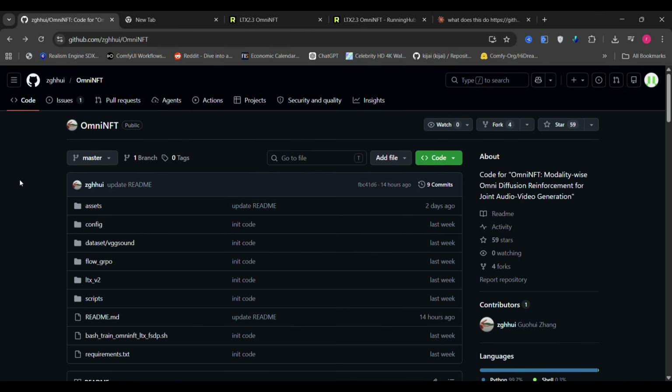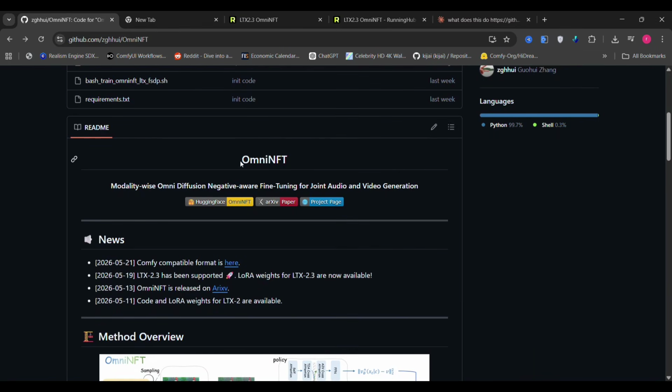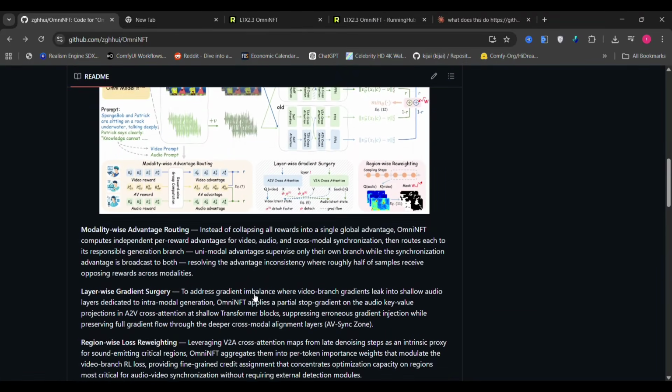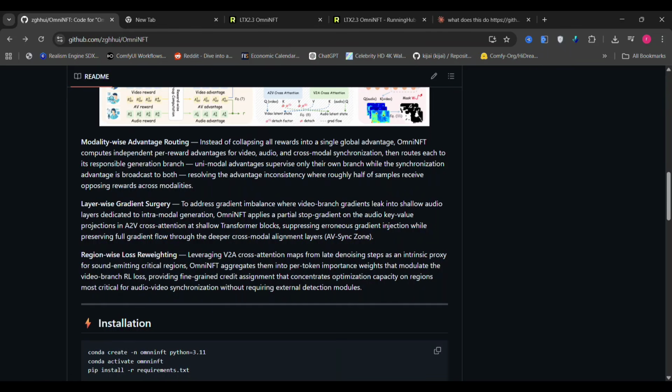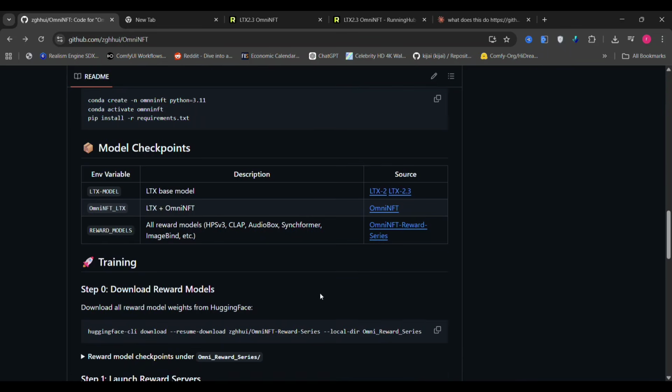So this is the OmniNFT GitHub page. Over here you can find the full code, the research paper, and a breakdown of everything it does in depth. You can also find the installation instructions and Comfy UI compatibility information all in one place. Now Kijai has already packaged the LoRA weights for LTX 2.3, so you do not need to do any manual merging yourself.